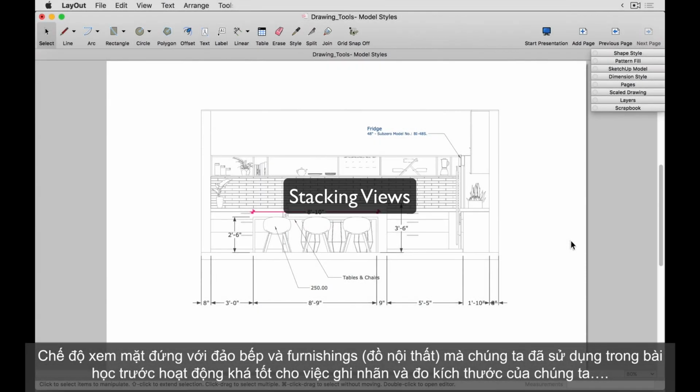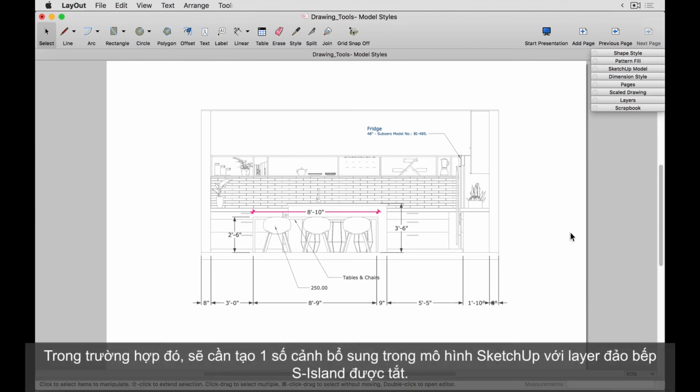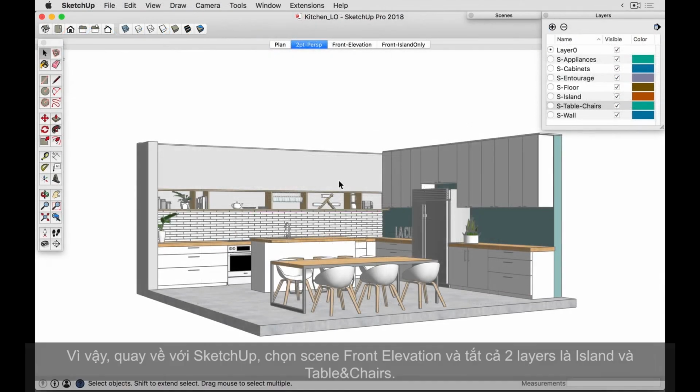The elevation view with the island and furnishings that we used in the previous lesson worked pretty well for labeling and dimensioning, but let's say we need to see what's behind the kitchen island in order to dimension that as well. In that case, we're going to need to create an additional scene in our SketchUp model with the island layer turned off. So back into SketchUp, select the front elevation scene,